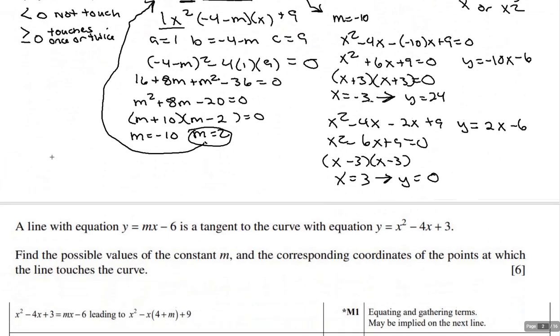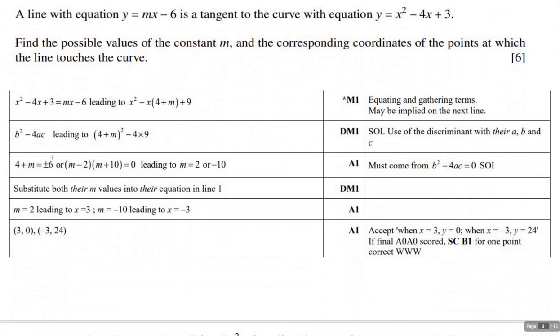Let's go ahead and try this one. Oh no, I tell you what, I always forget this. Let's look at the rubric. So again, notice the rubric here. What happens is that you're going to get a method point for gathering up these terms and making these two equations essentially equal to each other. All right. Now,